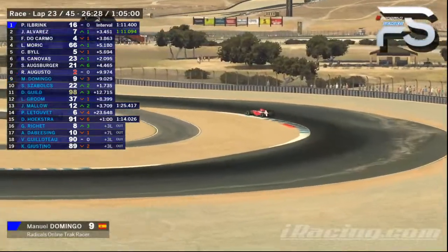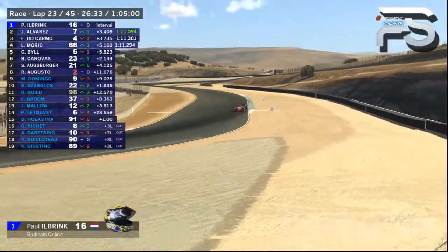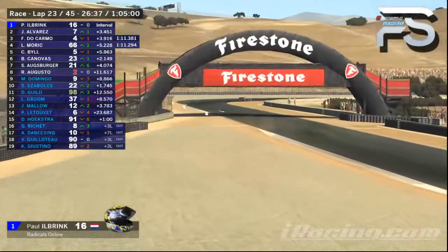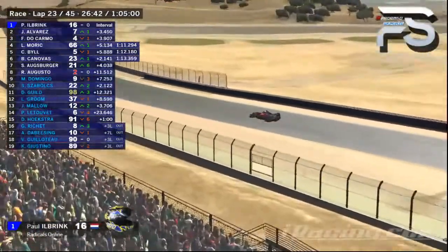So let's check back up here with Ilbrink. Ilbrink's last lap seemed to be a little bit slower. He may have had an issue with back markers. He is in that position now where he's finding people in front of him that are slower. It looks like,